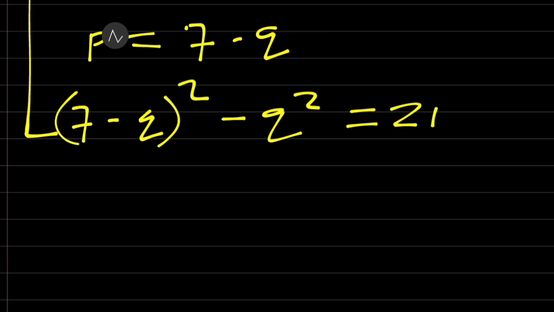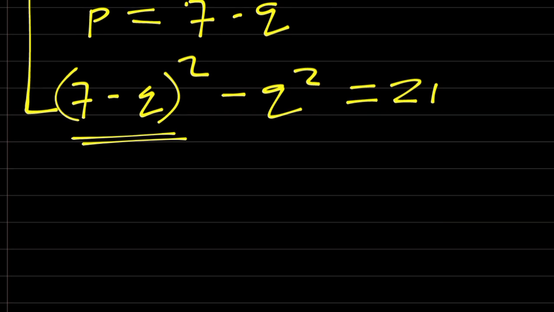The next thing we are going to do now, we can expand this (7 minus Q) squared. And we still have two methods of expanding that. I will give you the short form, the shortcut of expanding this. And that shortcut is what? This is a perfect square, you know. (7 minus Q) squared is a perfect square. If you want to expand this, we have a formula. And the formula is what? First term squared